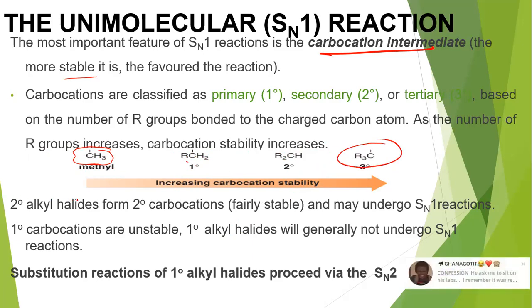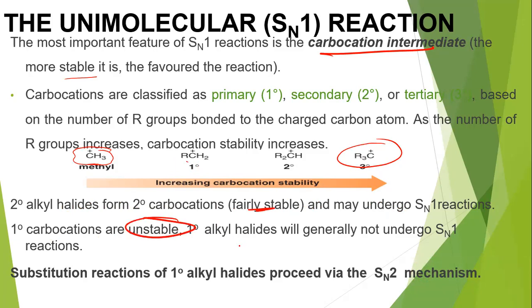So we are saying that the most favored will be the tertiary. Secondary alkyl halide forms secondary carbocation. That's fairly stable and may undergo SN1 reaction, but primary is unstable, right? Primary carbocation is unstable. So primary alkyl halide will not undergo SN1 reaction. Let's take note of that. But primary alkyl halides will not undergo SN1 reactions. So substitution reaction of primary alkyl halide proceeds by SN2. If you are talking about substitution reaction with primary alkyl halide, then we are thinking of SN2